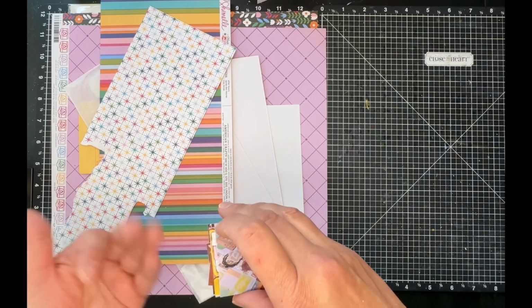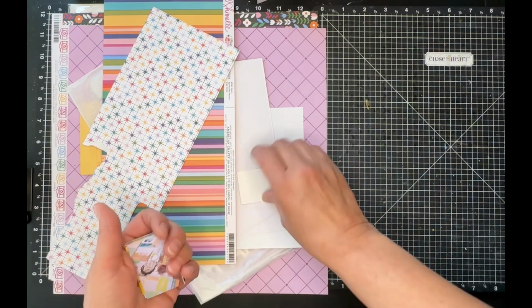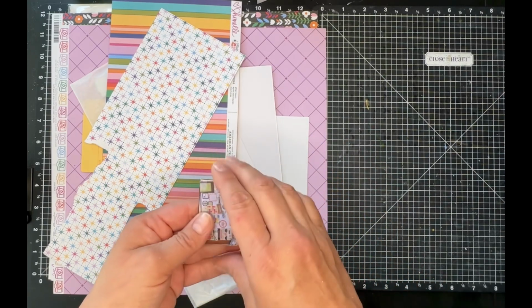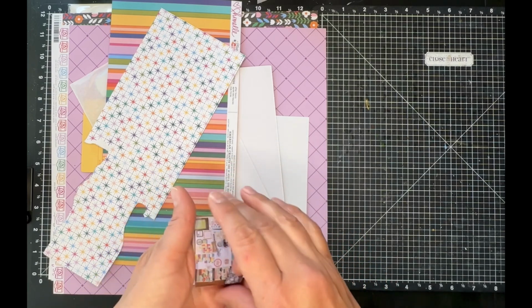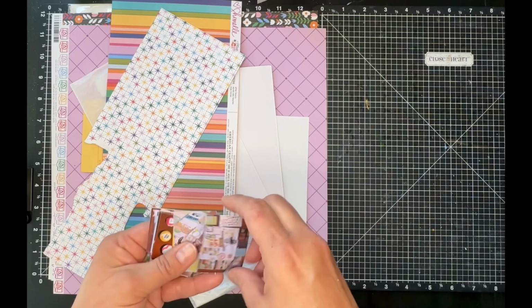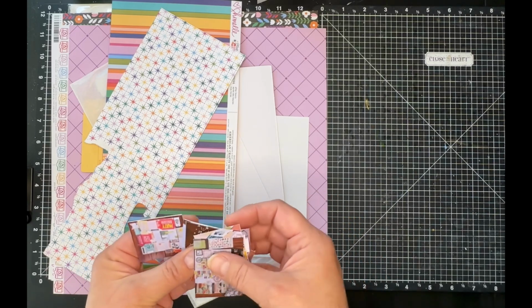Each month we choose an inspiration kit, and we use that kit to shop our stash and curate a similar kit from our own stash without having to buy anything extra. And this kit here was in my March